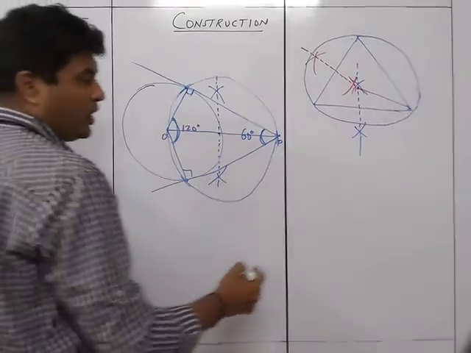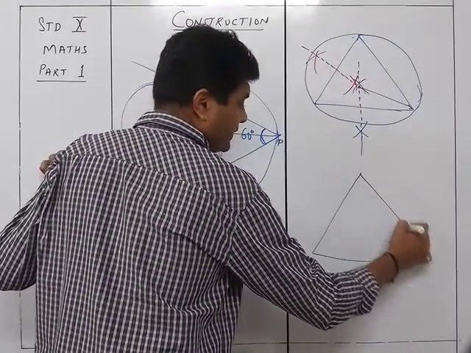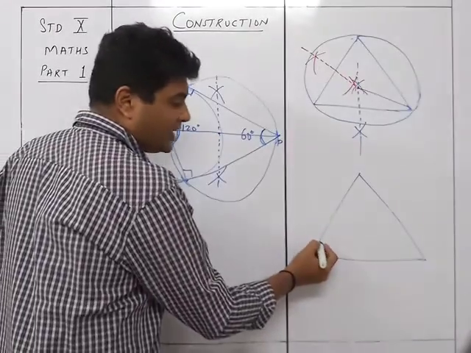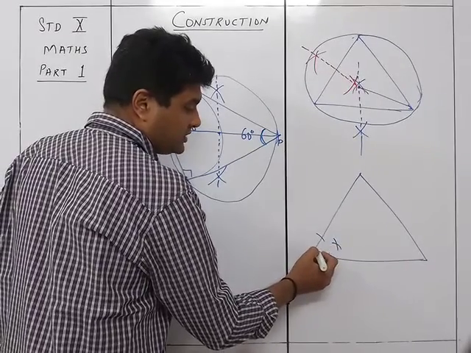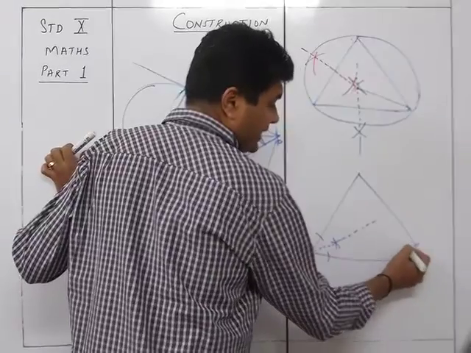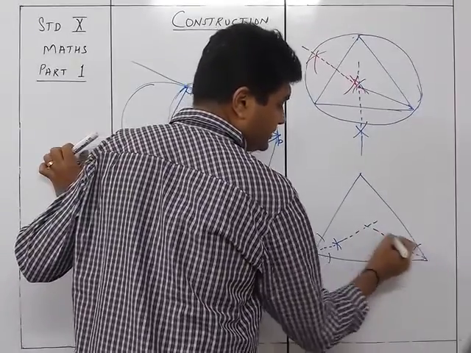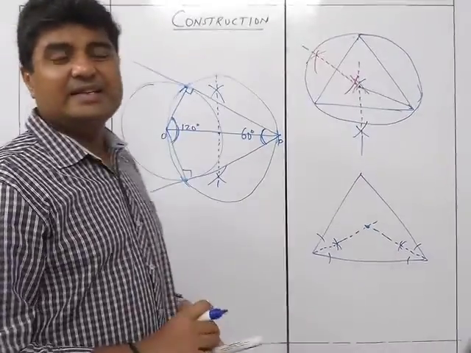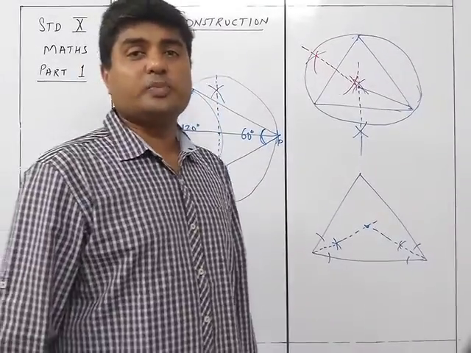Similarly, now if I have got to draw an incircle, I am going to draw this particular triangle, and I want the incircle, so I am going to take angle bisectors of any two angles over here. So this is the first angle bisector and this will be the second angle bisector. So this point over here is the center that is called the incenter. Incenter is the center through which the incircle is to be drawn.